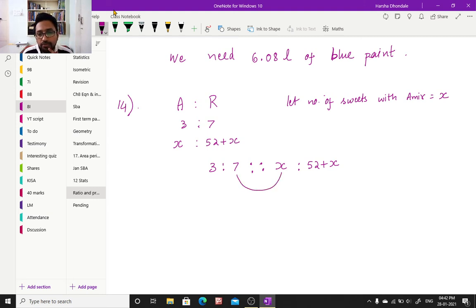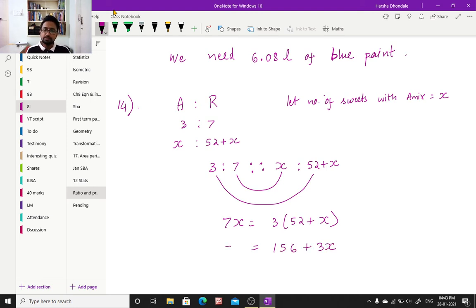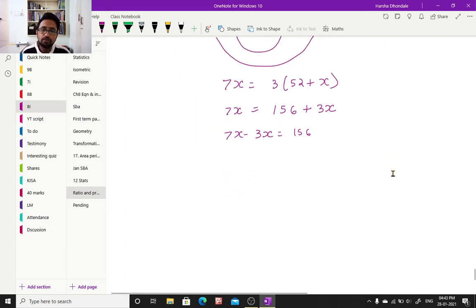Now I have to solve this. I am using my smileys. I have 7x is equal to 3 into 52 plus x. And what is this? 3 into 52. 50 times 3 is 150. 2 times 3 is 6. So it is 156 plus 3 times x. Now I'll take this 3x on the other side. 7x minus 3x is equal to 156. 7x minus 3x is 4x